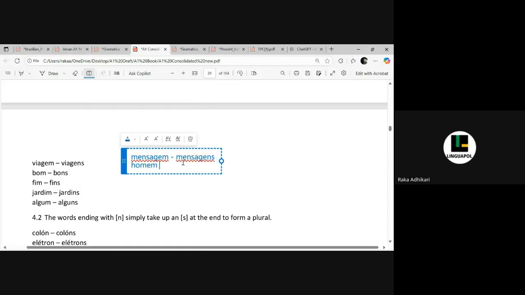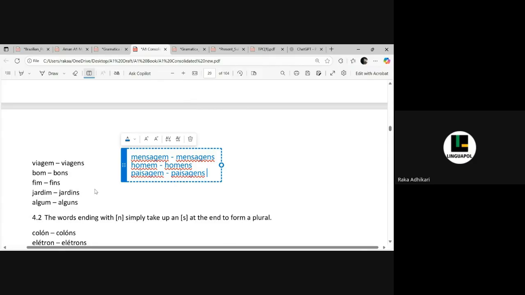We have the word homem, means man. And what will be men in Portuguese? Plural. Homens. For example, we have the word paisagem. The plural will be paisagens. Yes. So like this, whenever we have the letter M at the end of the word, then